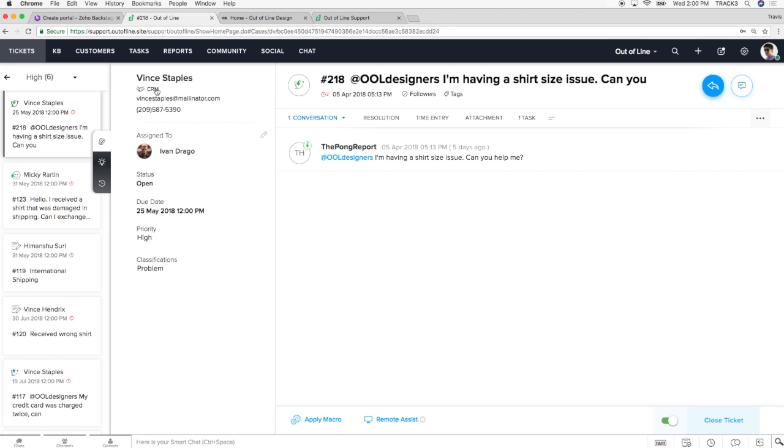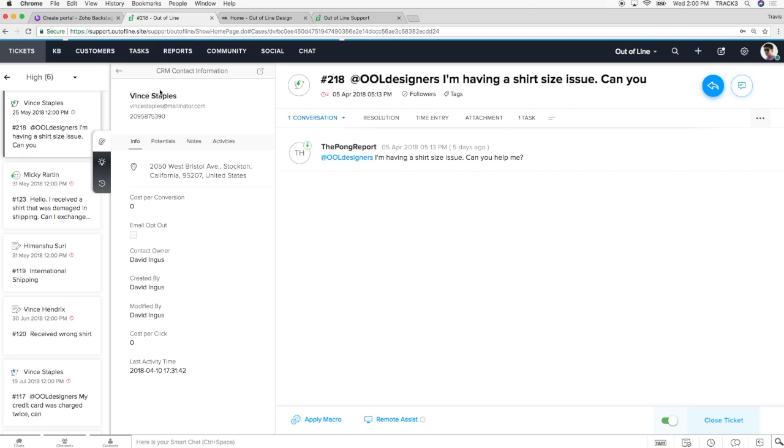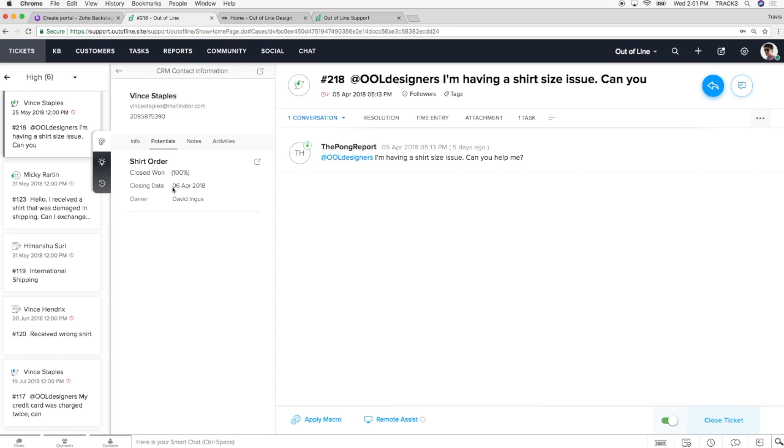Also, to prove that the CRM is integrated here, right under Vince Staples is CRM. If I click on that, it's showing me all the information related to this person, pulling all that from the CRM. So if you remember when I filled out that form, I didn't put in any of this information. I put in the name and email, and that's it. But it's pulling in the address that we know from CRM, the phone number, things like that, any potential deals I have. So this one, a closed one, remember, you asked how does it know it's a customer? It's looking at this right here. It's seeing that it's in the closed one, and we've said if it's in a closed one category, identify this person as a customer.